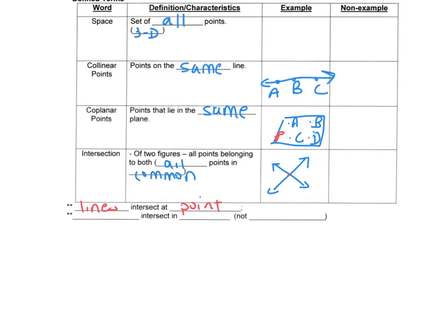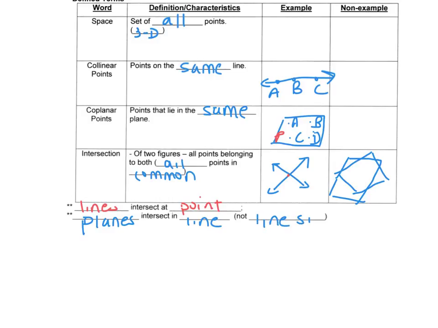If I have 2 planes, now I'm not a very good drawer, so I'm going to try to draw 2 planes here. But 2 planes, when they go ahead and intersect, this is not going to work, but it's okay. That looks too weird. Okay, when you have 2 planes that intersect, because we use this ambiguous parallelogram, it's going to look like our planes intersect at a line segment. But you have to remember that these planes go on and on and on forever, and where planes intersect, they intersect in a line, not a line segment,